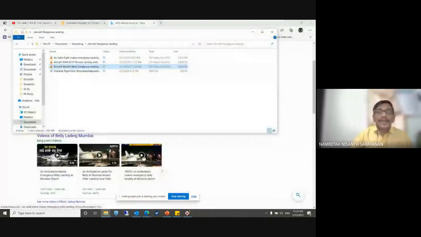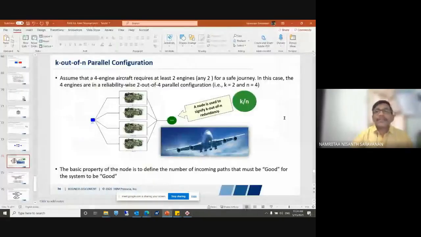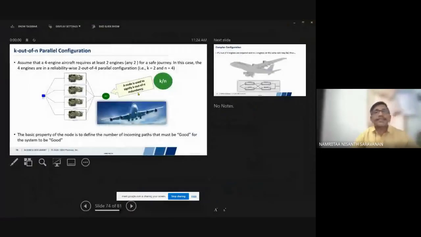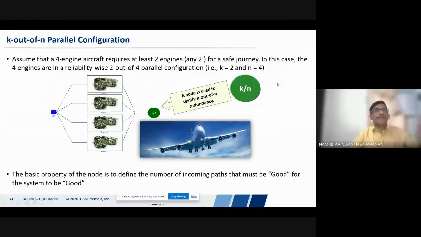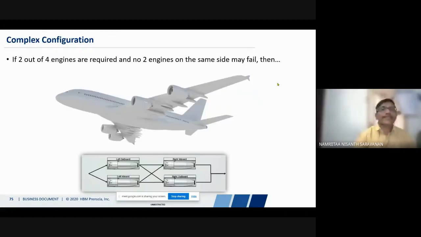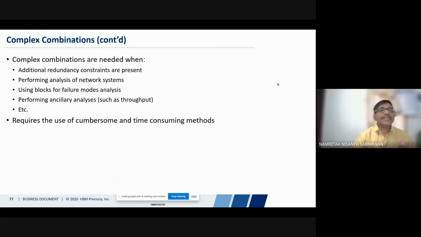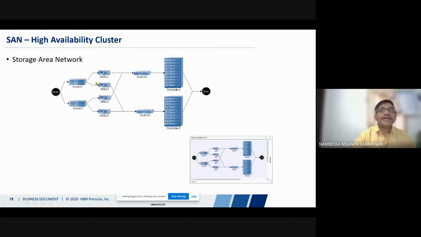There have been so many studies on that. This is the reason you find so many things redundant in the aircraft, because the aircraft is designed with higher safety. The same kind of scenario you may see in the shipping industry, with so much redundancy in practice. There may be some complex configurations when it comes to the internet or routers, or nowadays the